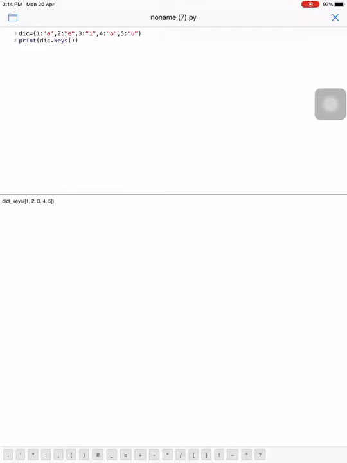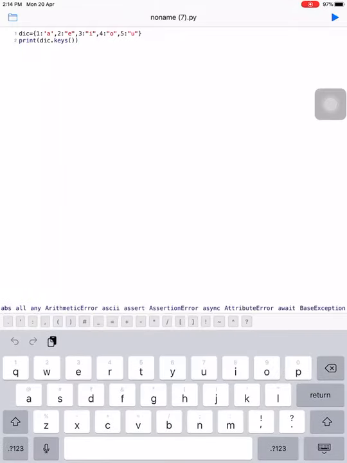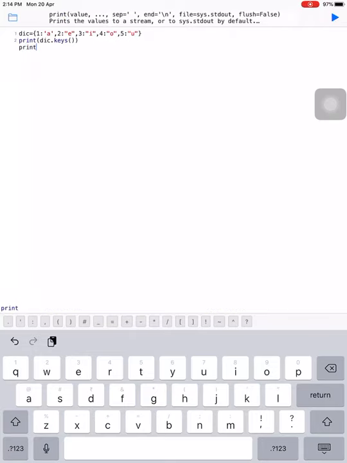We have written it. Okay, see here. I have written the same dictionary: dic equal to 1A, 2E, 3I, 4O and 5U. Here I write print dic dot keys. So what will happen? Now the keys of the dictionary will come in the output. See here, dic dot keys, and it is in the form of a list: 1, 2, 3, 4, 5. Hope you understand it. Same as, we can also call the values of our dictionary.